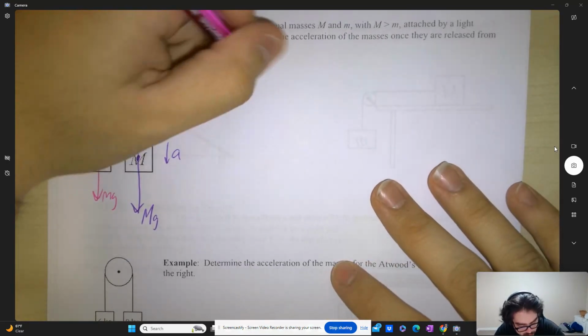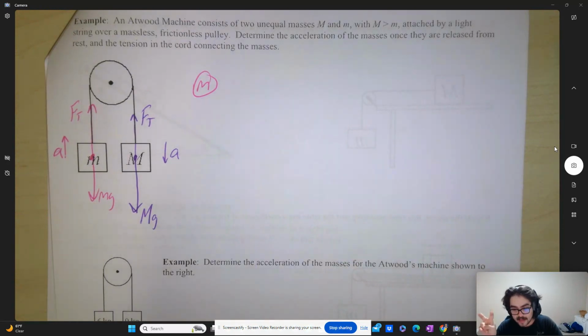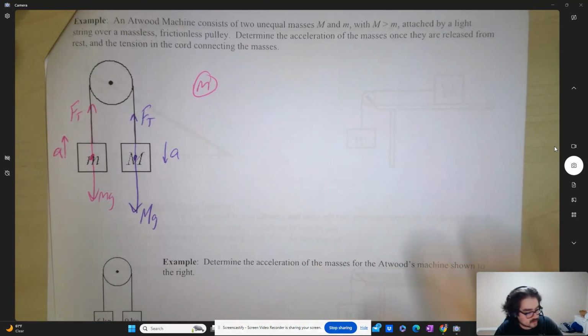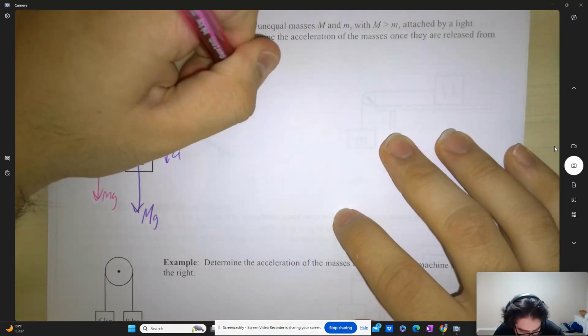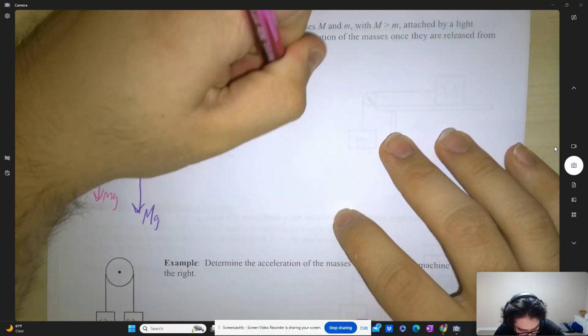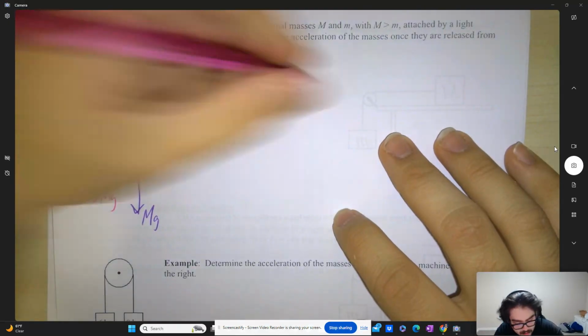The tension force is our forward force. Remember this notion of forward and backward forces. Forward force is what goes with the acceleration. Backward is what goes against. So the forward force in this case is the tension. That's going to go first, minus mg. That's the backwards force. And you set that equal to ma,